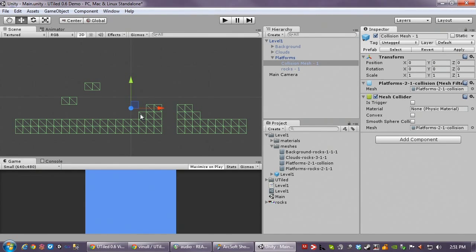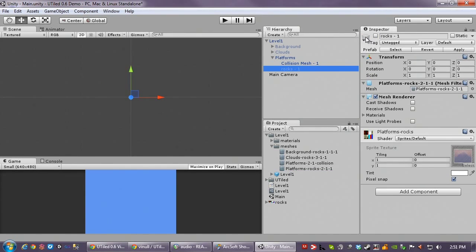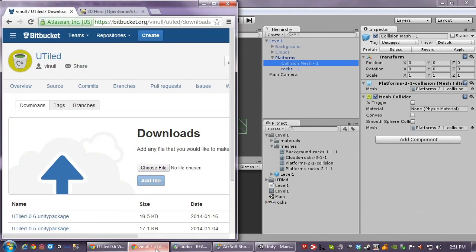Oh, you know what? I think I might have just encountered a bug. I think the collision mesh did not render by default at the pixels per unit setting. I believed I had fixed that. So you know what I'm going to do? I'm going to double check. I'm going to download my old package. Makes great for live